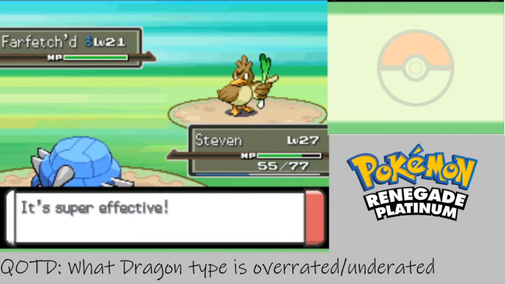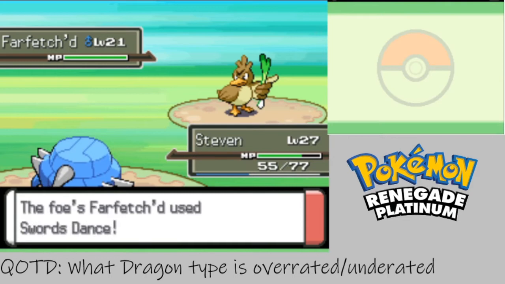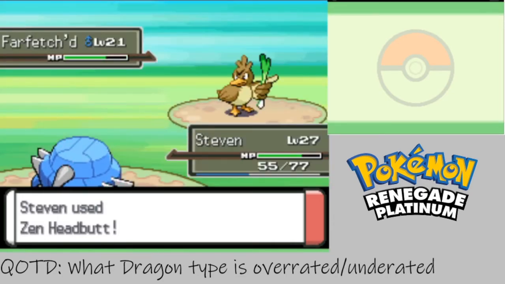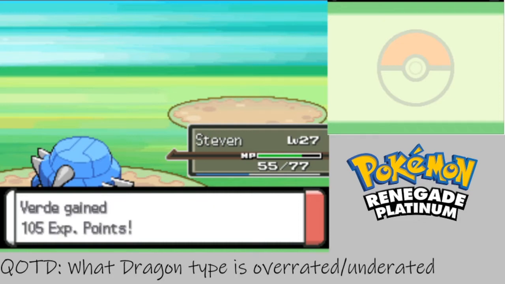I don't know. The point is, Cradily is not an attacker. It's supposed to be a defensive wall that you can put on your team, and also so it can take some water hits for your team if need be. That's enough of that. Time to go to the next Pokemon, and that Pokemon is